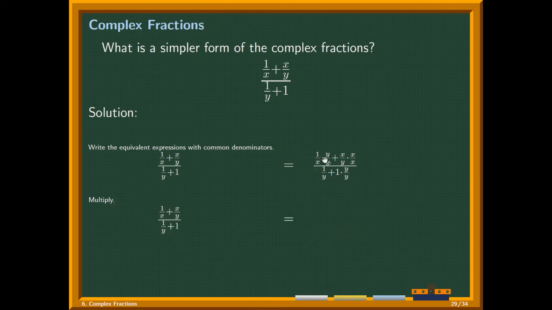So here, we need to only apply multiplication. Numerator times numerator, denominator times denominator. So that is y over xy plus x squared over xy or yx. In here, sa ubos is 1 over y plus y over y. Okay, muna na. And we will further simplify kay gikan sa